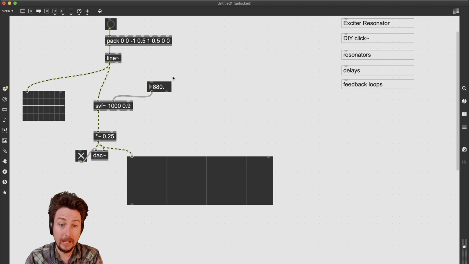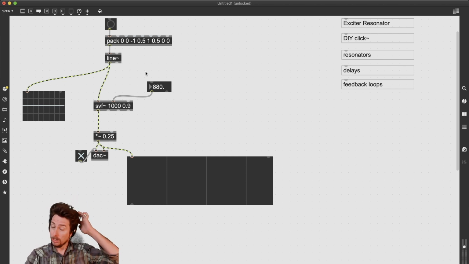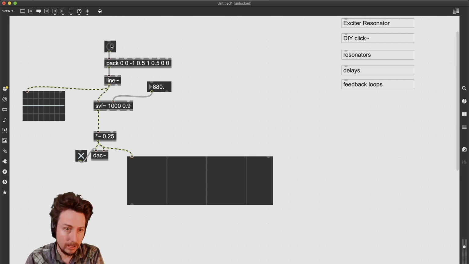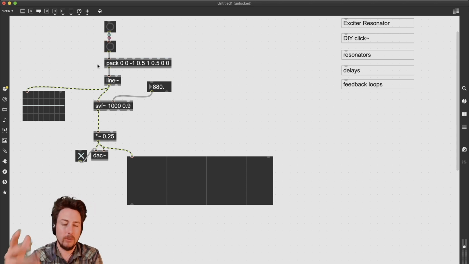Cool. So we have an exciter. Now, as you've seen before, the screen gets full of real estate really quick, with all these little objects and things like this. So let's take advantage of something that Max lets us do, and let's encapsulate some of these things so that we don't have so much real estate used up by things that are ultimately just a